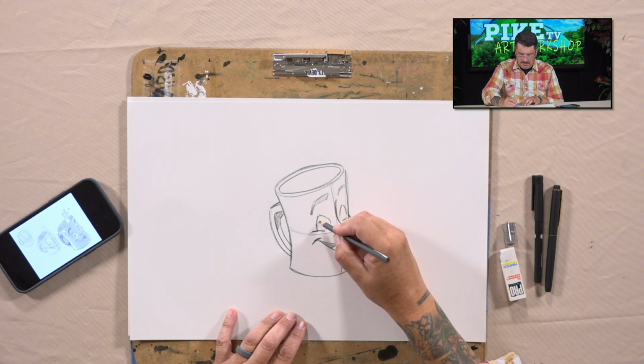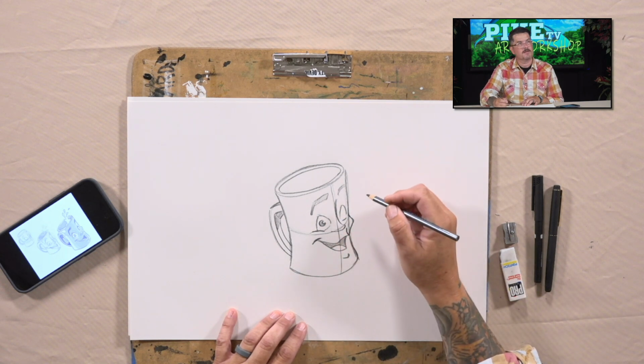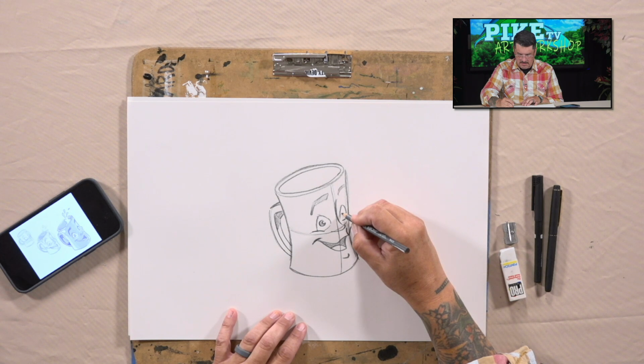Now the eye. You're going to draw a circle, inside of it another circle, and then shade that in, and then you're going to do the same thing on this side. Circle, another circle,